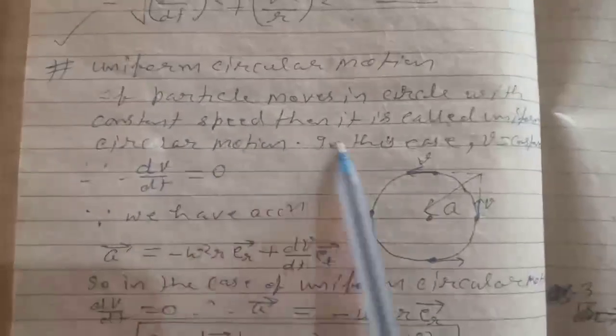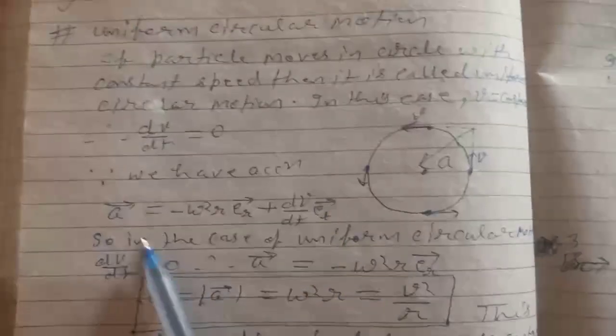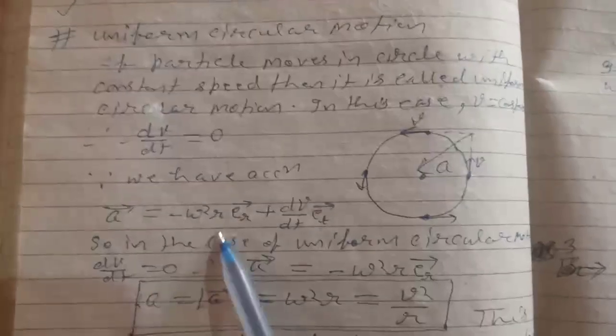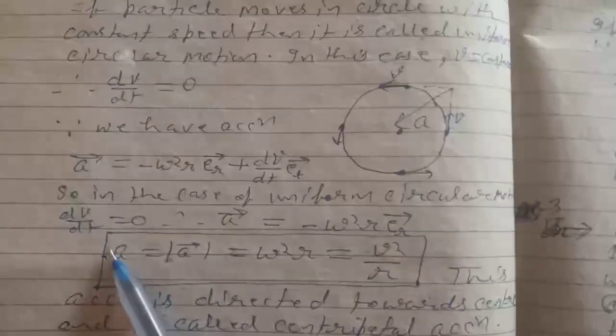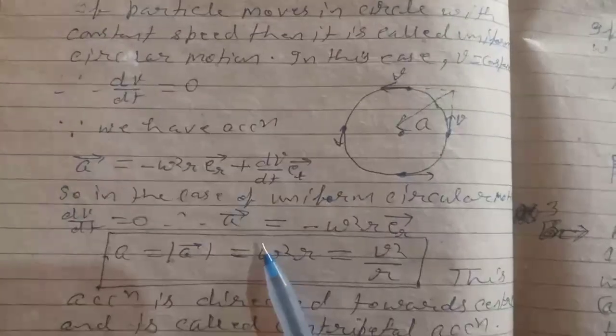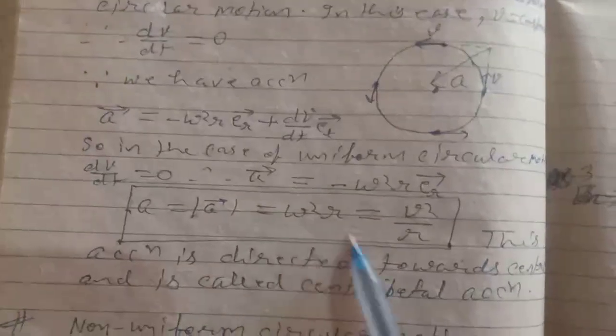Uniform circular motion. A particle moves in a circle with constant speed, then it is called uniform circular motion. In this case, v equals constant, since dv by dt equals 0. Since we have acceleration, a vector equals minus omega square r into er vector plus dv by dt t vector. So in the case of uniform circular motion, dv by dt equals 0, hence a vector equals minus omega square r into er vector, or a equals mod of a vector, omega square r equals